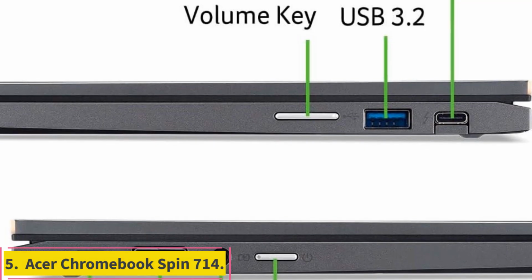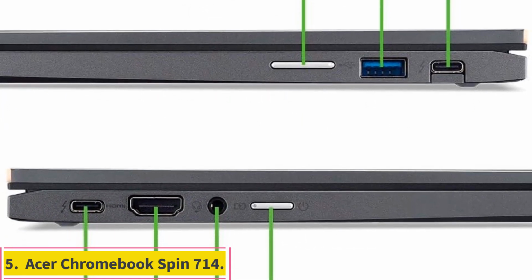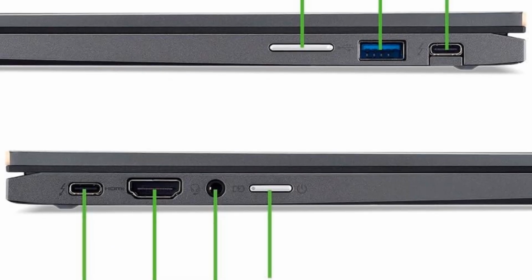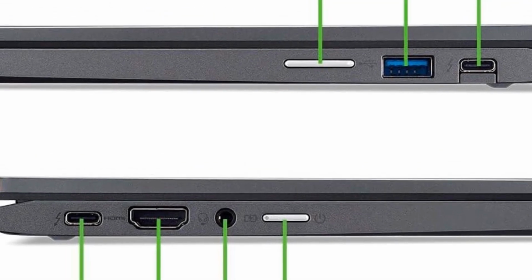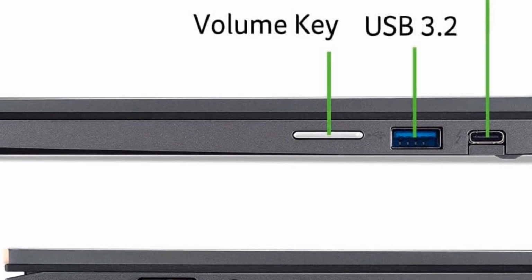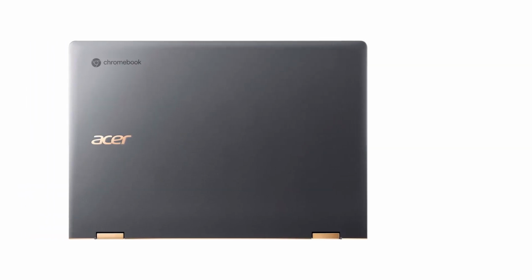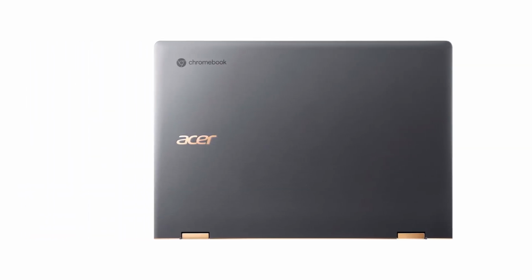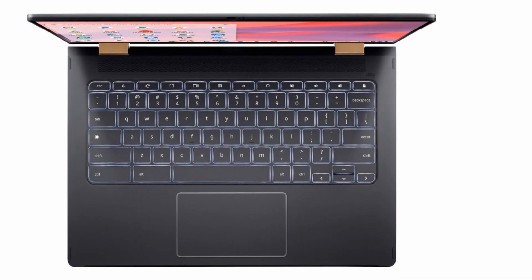Number 5. Acer Chromebook Spin 714. The Acer Chromebook 714 is a Chromebook that can do just about anything you want, including programming. It has a big and bright touchscreen that's responsive and, at 1080p, looks crisp with high pixel density, plenty for programming and watching HD movies in your downtime. It has an impressive amount of storage space for a Chromebook, and it uses an SSD too, so it remains